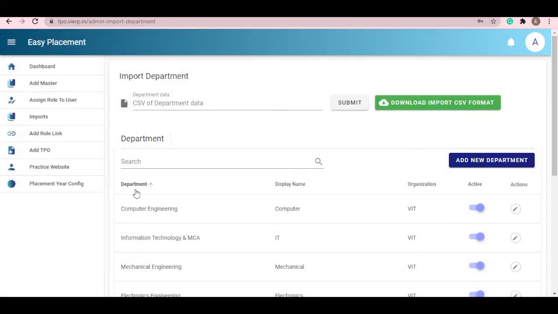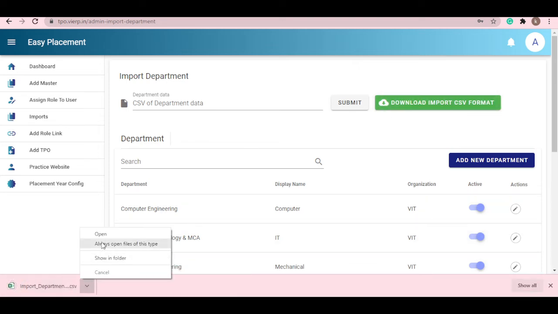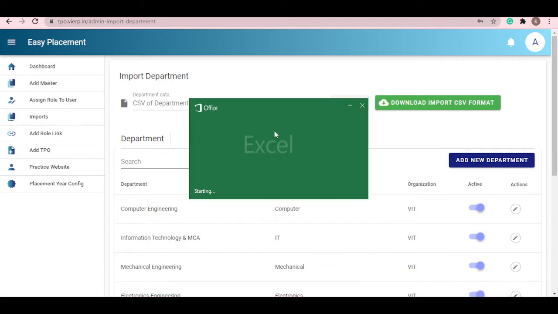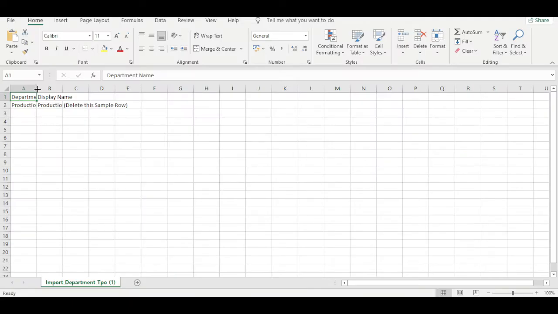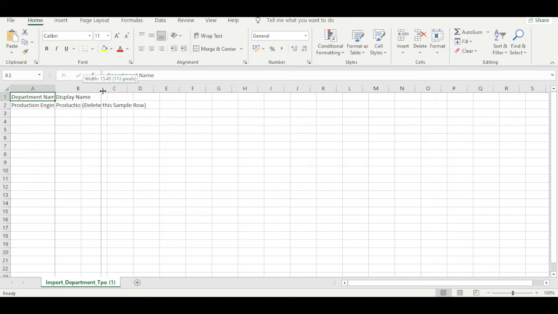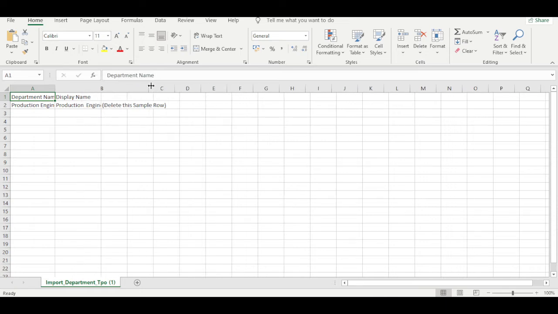And if you want to add the department in bulk, then download the CSV format, open the CSV format, and fill the details as it is given in the CSV format.